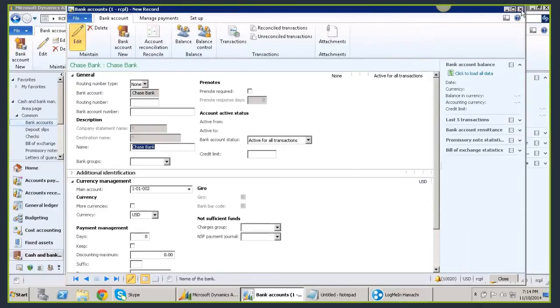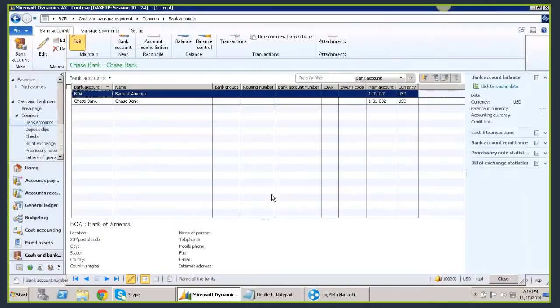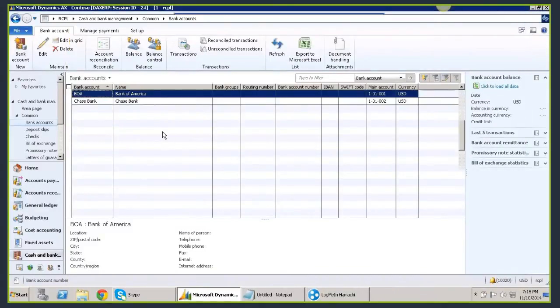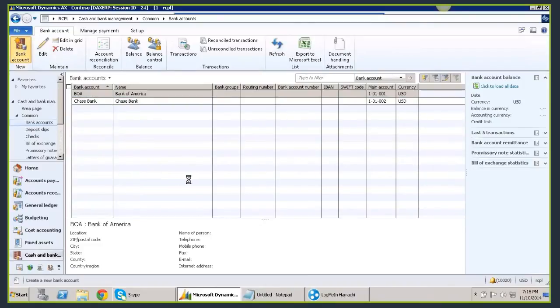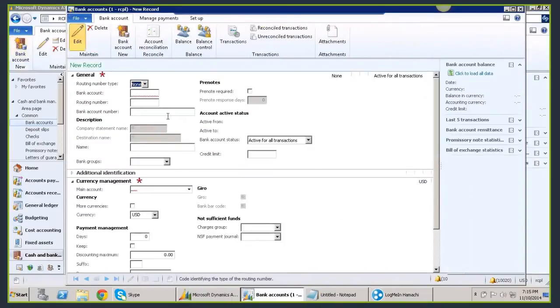And we are going to study few concepts around this. First, let me create these banks, and then we'll start discussion.